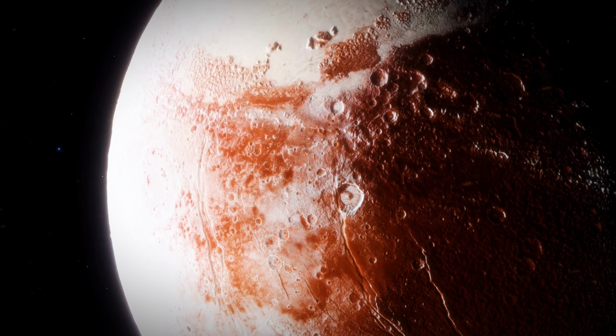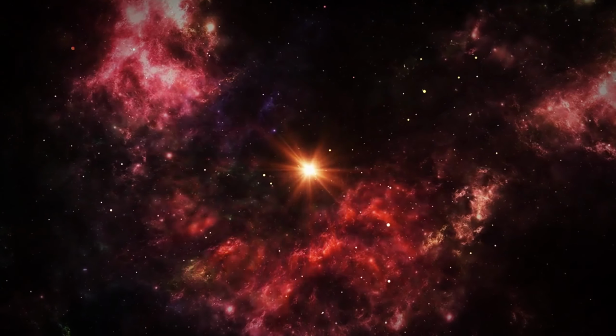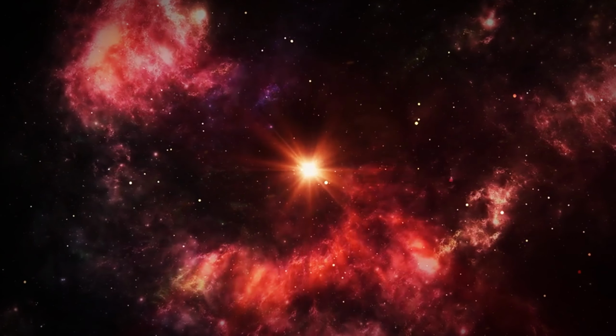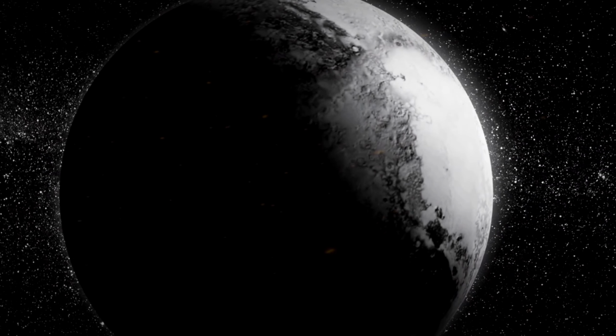From discovering minerals linked to water to uncovering evidence of ancient lakes and signs that the planet may have once harbored life, these robotic explorers have played a crucial role. They're also laying the groundwork for the eventual arrival of humans on Mars,